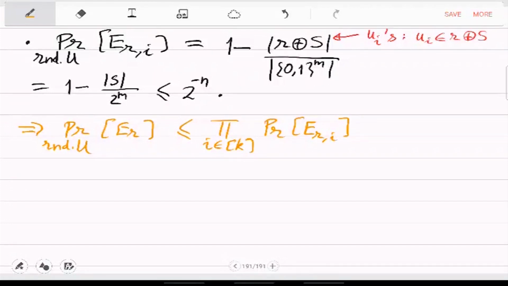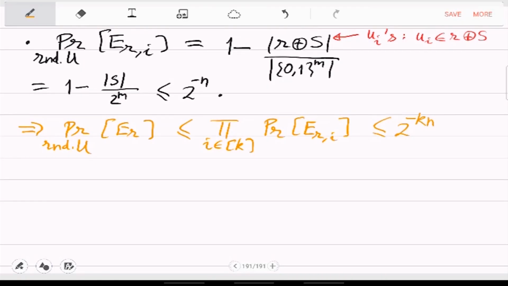And each of these probabilities is 2 raised to minus n. So you get 2 raised to minus kn. And the way we have defined k, we defined k to be m by n. So what you will get here is 2 raised to minus m. Okay, so the event ER happens with probability smaller than 2 raised to minus m,